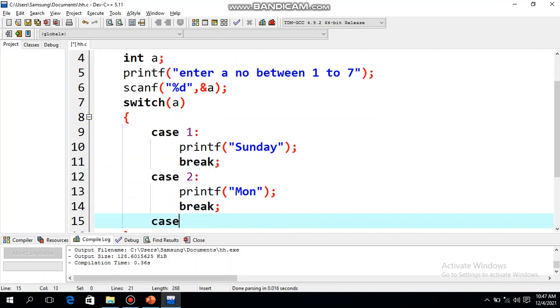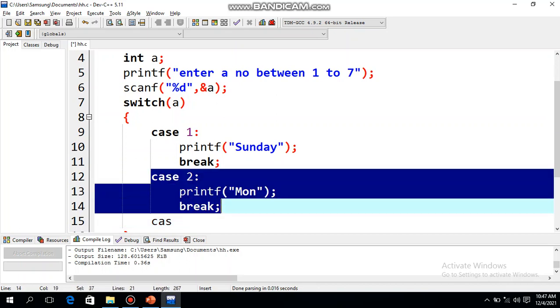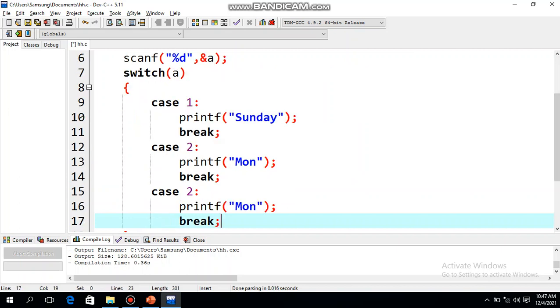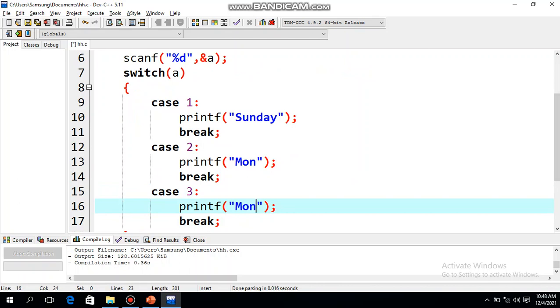So similarly we will just write down, I am just going to copy this part, I am not going to write it again and again. So I'll just copy and paste it. So for case 3 it is Tuesday.